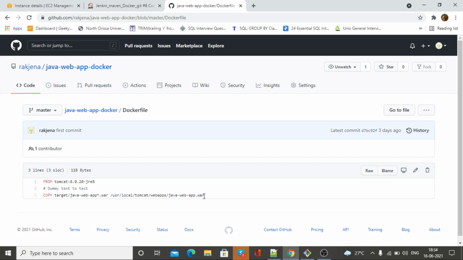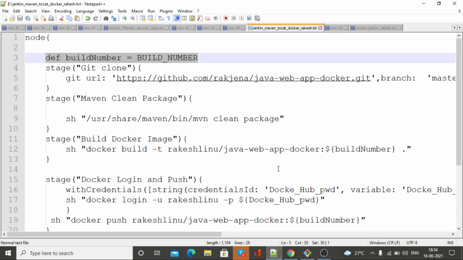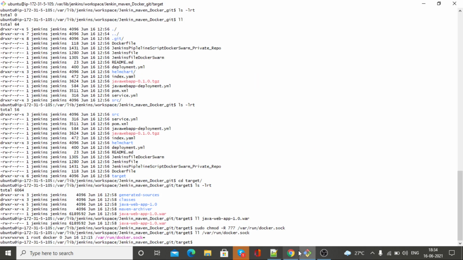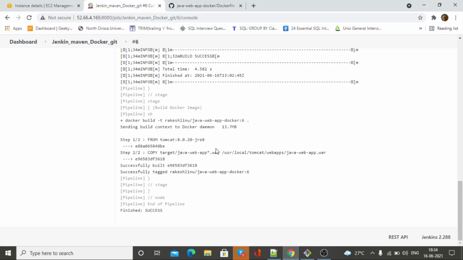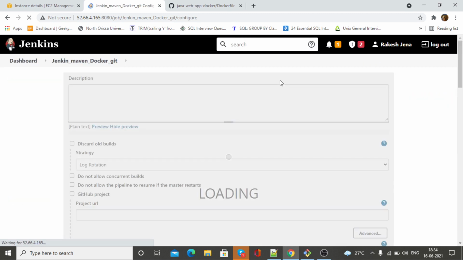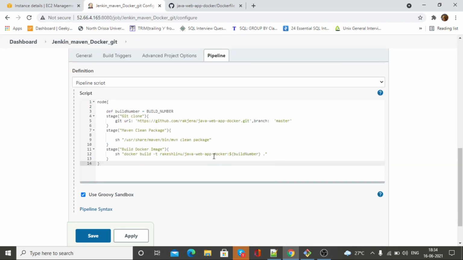So the next step will be to push the image to the Docker registry. Okay, so for that we are going to add one more line, one more stage. Okay, configuration, then pipeline.